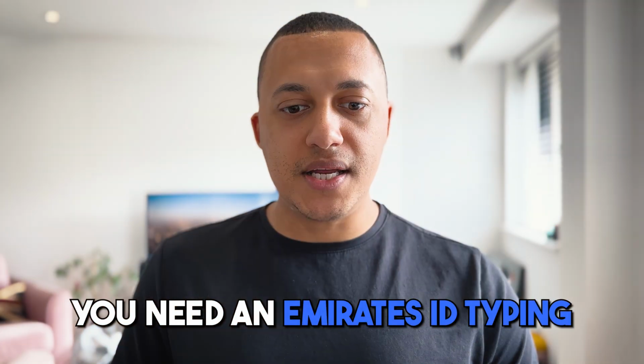In fact, they sent this really long document which tells you all the different steps and how to break it down, but it wasn't really that clear and simple as setting up the company, as I've already said about 10 times. I need to stop saying. So you need Emirates ID typing. Emirates ID typing is literally just the application form for your Emirates ID, but you need to get it done